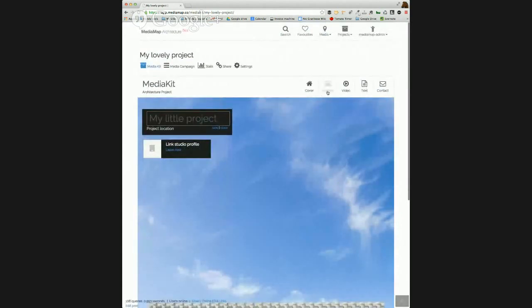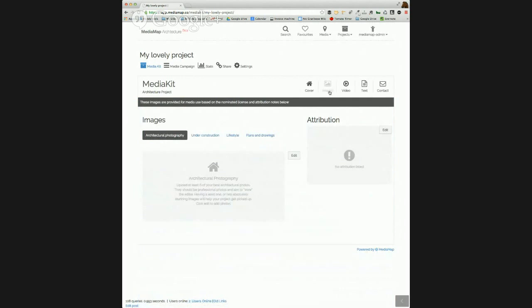So at the top, we've got a few tabs, and this mimics that concept of the different content types. So we've got images, video, and text. Images, I know there's a few architectural photographers who are tuning in. The important thing here is that you can upload high-res images, and you can theoretically go up to 50 megabytes per photo, which should be more than enough.